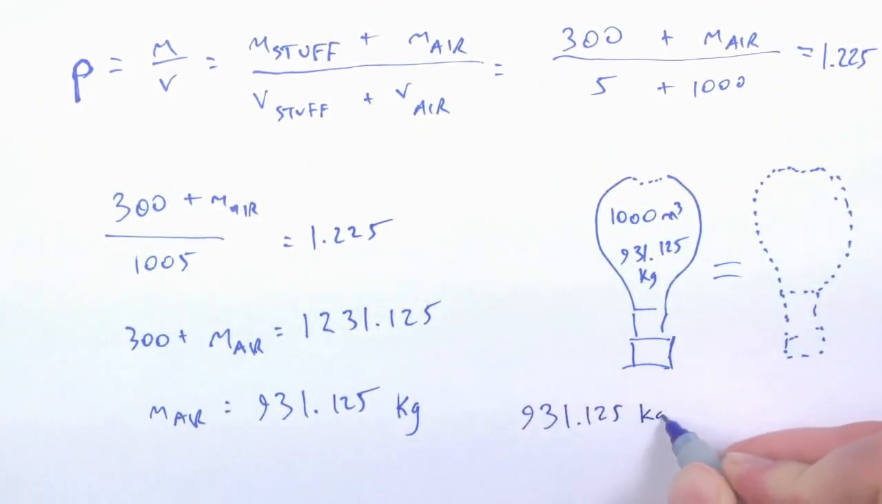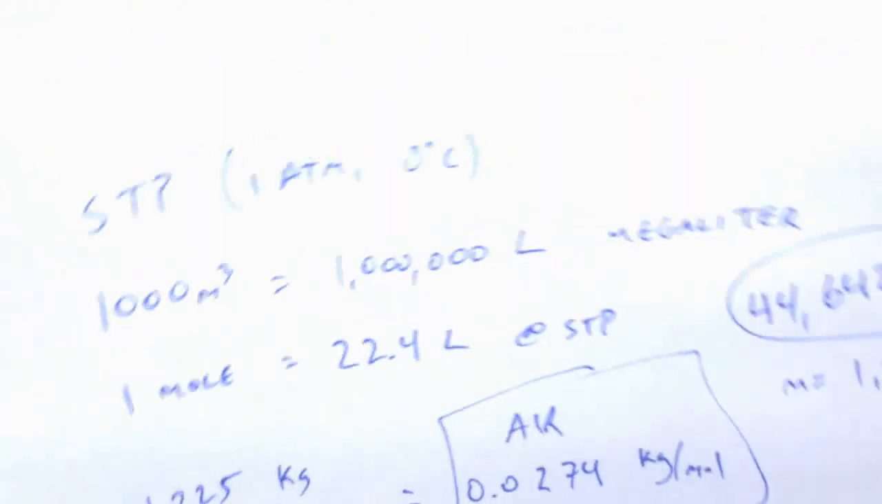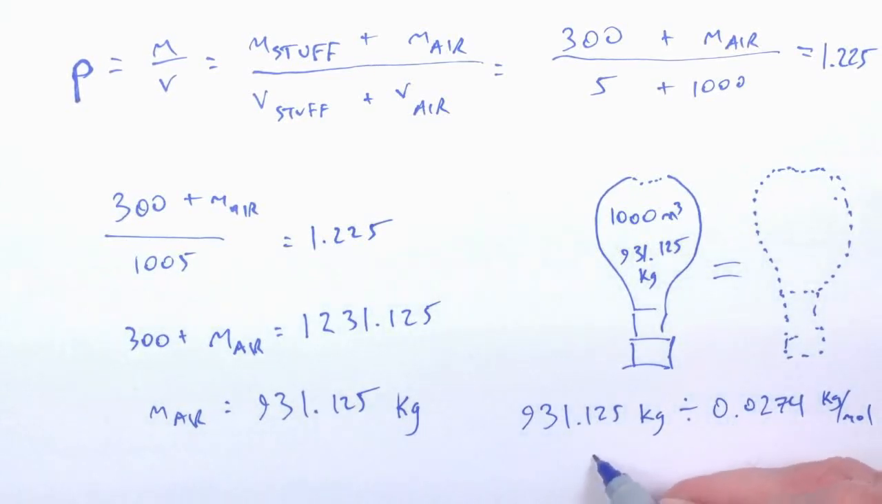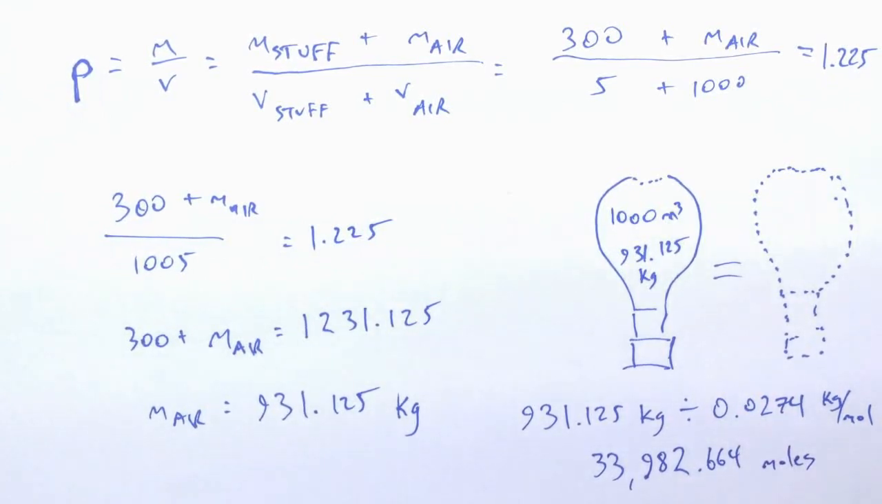So that'll be 931.125 kilograms divided by 0.0274 kilograms per mole. Kilograms will cancel out. You'll be left with moles. And the number of moles here is going to be very large, 33,982.664 moles. That is a lot of moles, but remember,